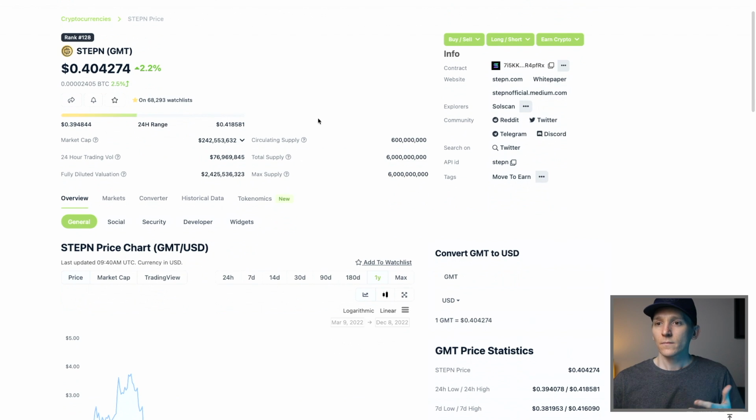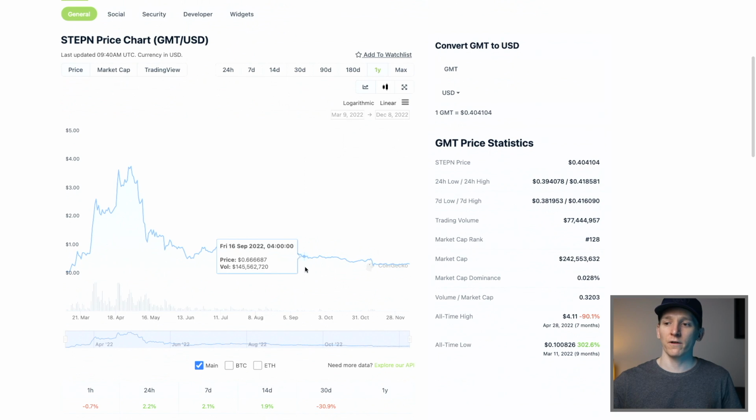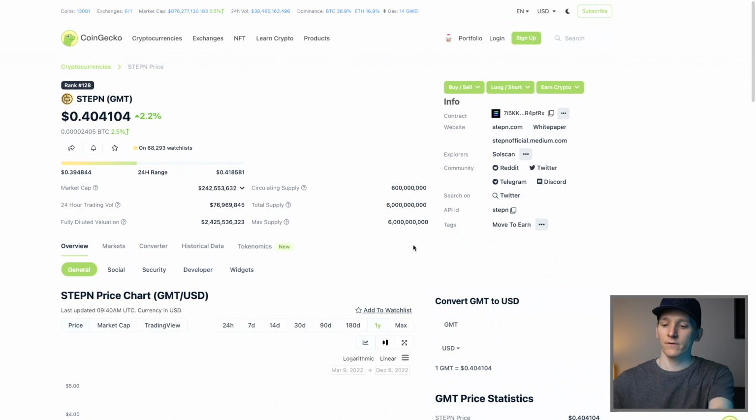And so just some examples here, Stepn during the bull market, massive speculative bubble. And then during the bear market, you have this slow, steady drip down where tokens are getting unlocked. People realize that they don't want the token, they sell out. The realization that there aren't any users or any use case for this token, it just drips out over and over the long term. So something like Stepn, as you can see here.